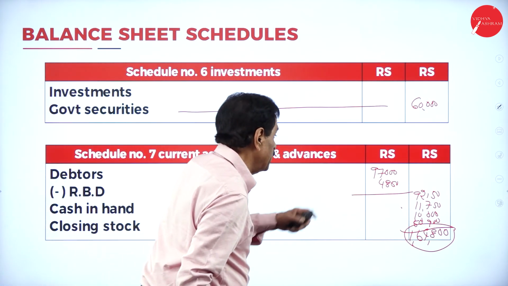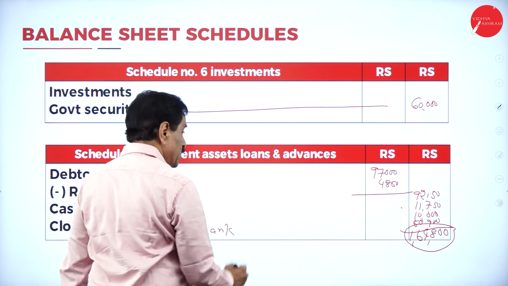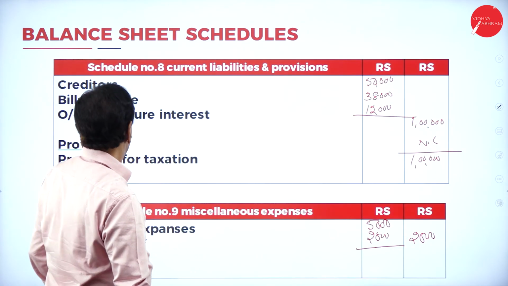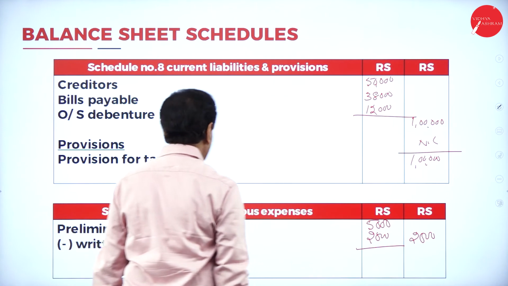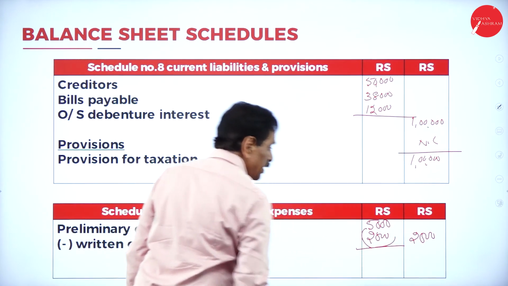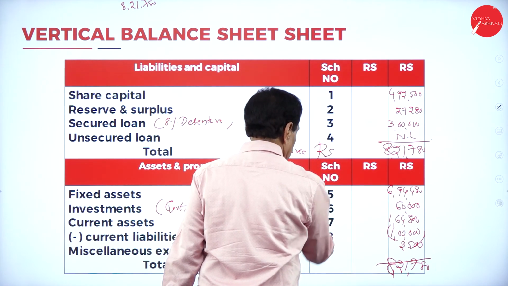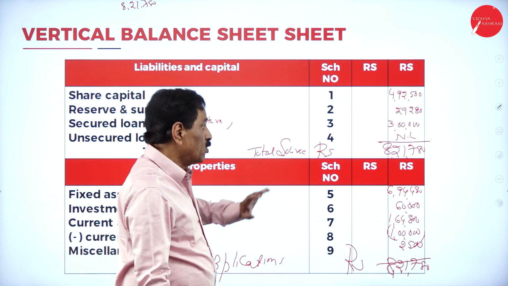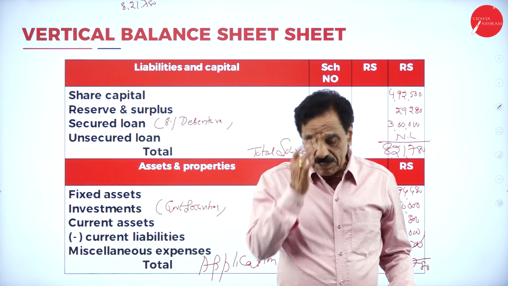92,150. Cash in hand 11,750. Closing stock 10,000 and cash at bank 50,900. Add, 1,64,800. Then creditors 50,000, BP 38,000, debenture interest 12,000 becomes 1 lakh. Then preliminary expenses 5,000 minus written off 2,500, it is 2,500. So it will tally for 8,21,780. So both sides will tally, this is the source, this is application, as per accountancy standard and